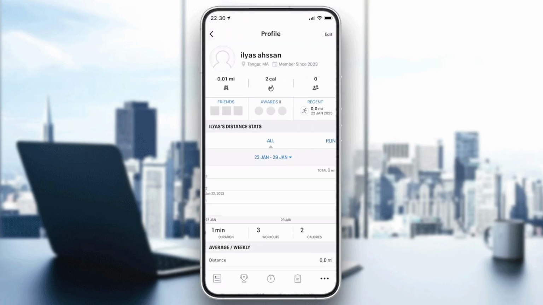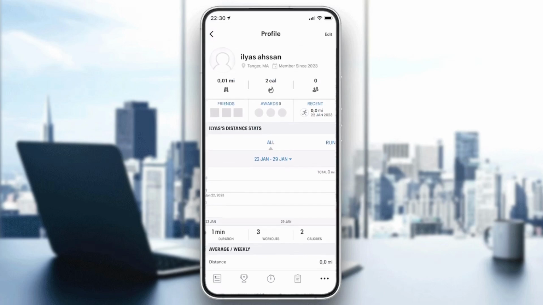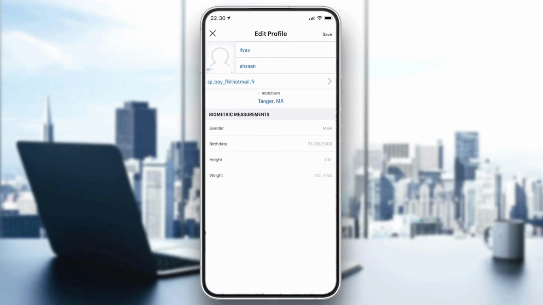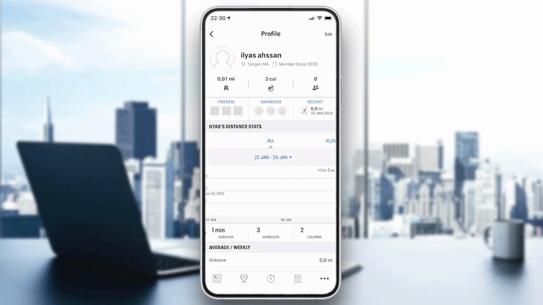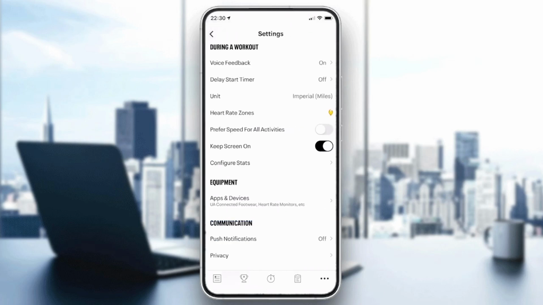There is this profile here, but all we can edit here is our personal information, such as the name, email, or your height, etc. There is also the settings, which are setting up only the application, like the